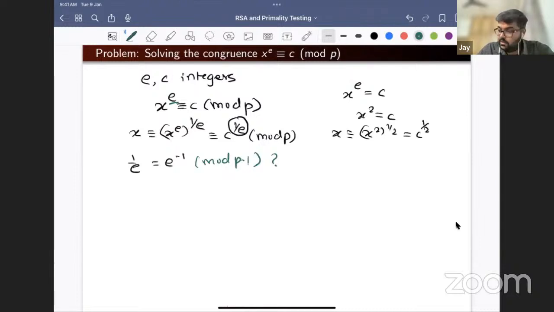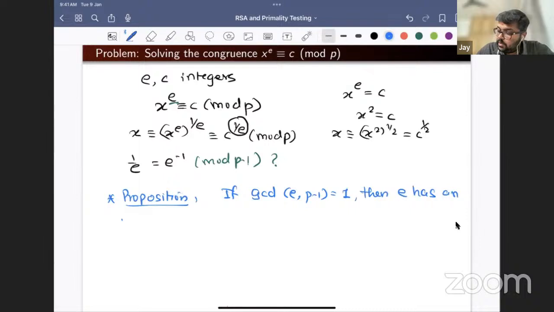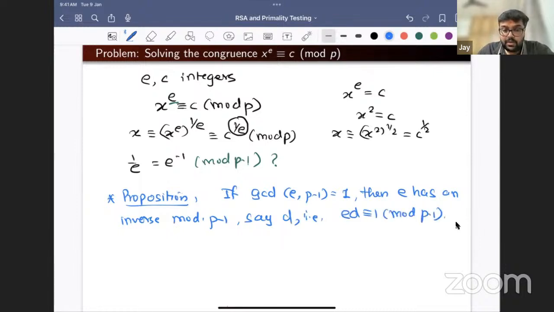So when does this exist? The proposition says that if GCD of e and p minus 1 is 1, then e has an inverse modulo p minus 1, say d. That is, ed is congruent to 1 mod p minus 1. And then this congruence, which we are interested in,